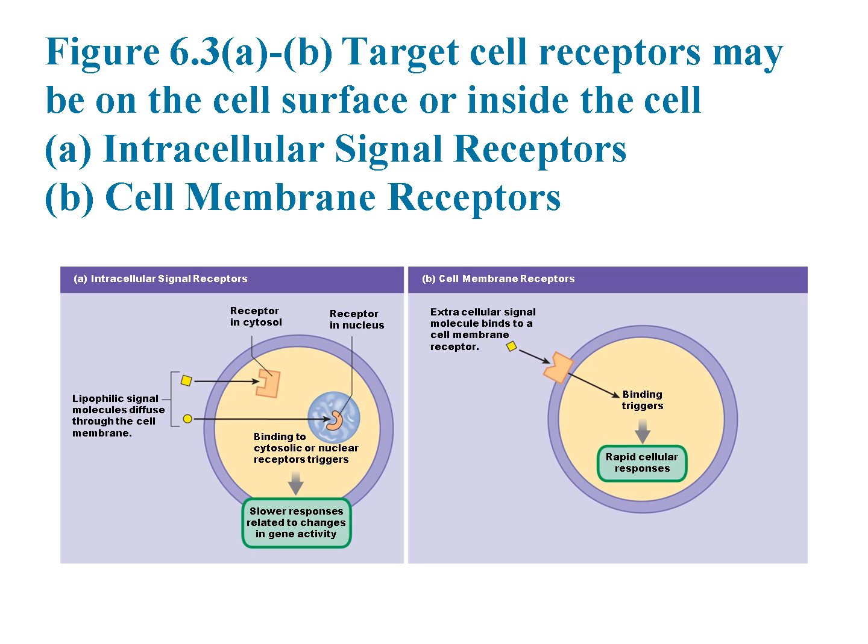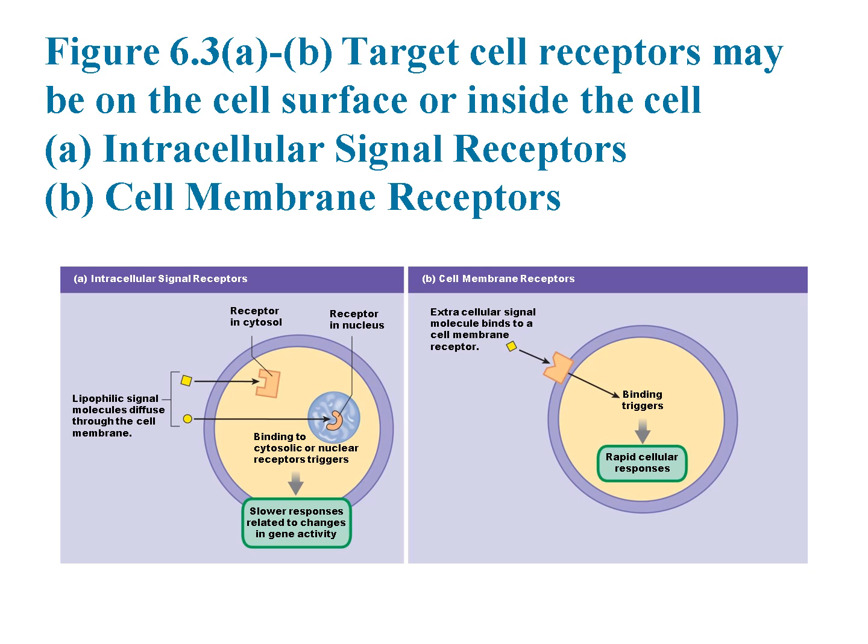On the other hand, in Panel B, cell membrane receptors are embedded in the cell membrane and interact with lipophobic signal molecules that cannot cross the membrane on their own. When a signal molecule binds to the receptor, it activates an intracellular signaling pathway that results in a rapid cellular response. These responses typically involve the activation of enzymes, ion channels, or secondary messengers, making them ideal for situations that require quick action, such as muscle contractions or hormone release.